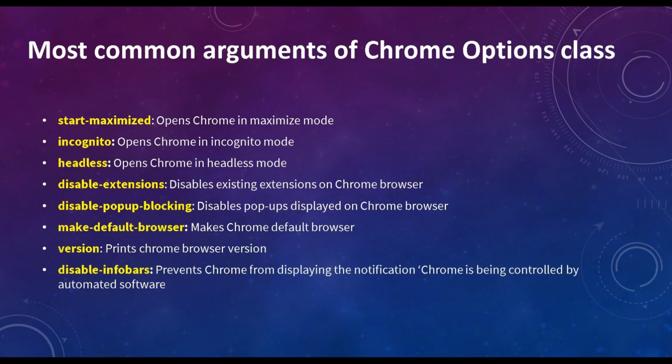Disable infobars prevents Chrome from displaying the notification "Chrome is being controlled by automation software." This will help to remove the displayed infobar. Whenever you execute something using Chrome, at the top you can see "Chrome is being controlled by automation software," right? So to remove that, you can enable this particular option, disable infobars. Okay, so that's it. I hope you got a clear understanding about what is Chrome option and what is desired